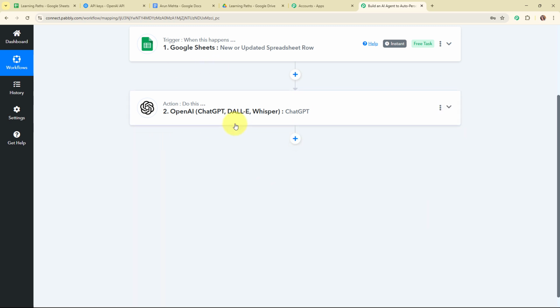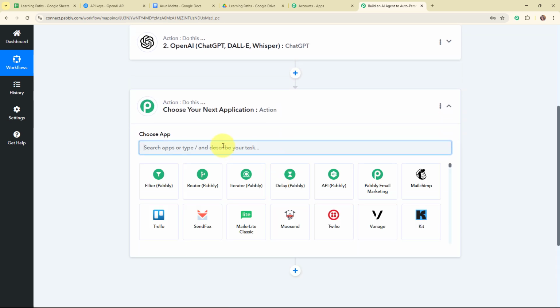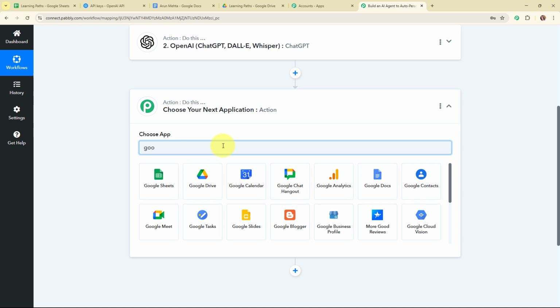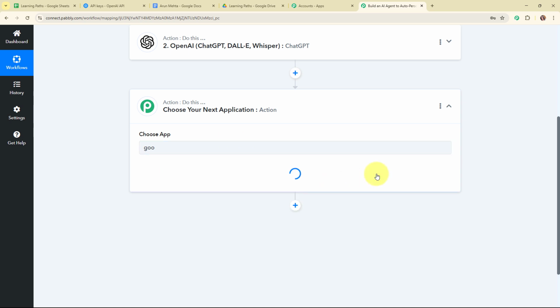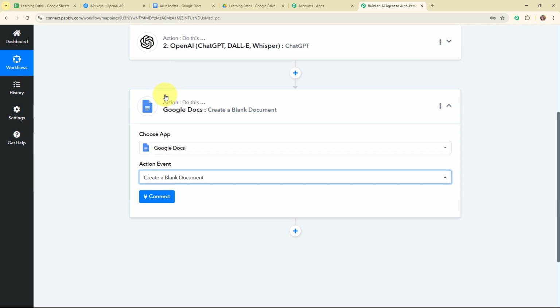Now after generating the learning path through OpenAI, I want to add this learning path as a new document in my Google Docs. For that, I'm going to add another action step over here. In this action step, I'm going to select my action application as Google Docs. Google Docs is an online word processor that lets you create, edit, and share documents from any device with internet access. In my Google Docs action step, I'm going to select my action event as Create a Blank Document,